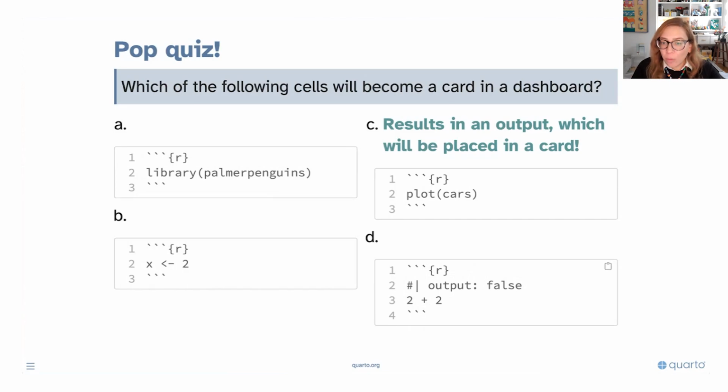That can be a helpful tool when you're trying to troubleshoot. I wouldn't necessarily recommend a bunch of code cells that have output set to false. You should, I think, divide them up so that each code cell that generates an output should actually result in a card that's being used by your dashboard. However, during the development process of your dashboard, it can be handy to turn output off by setting it to false, just so you can see how the layout of certain components might look, for example.